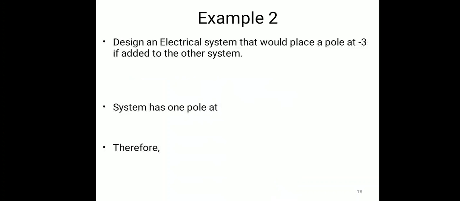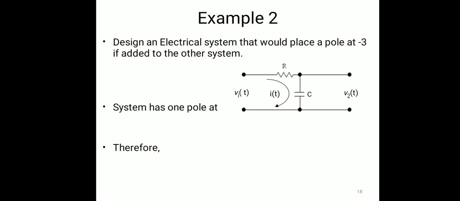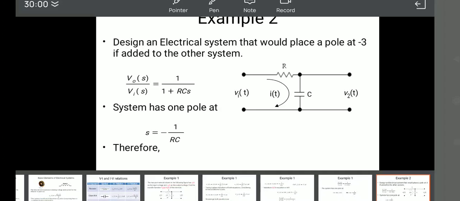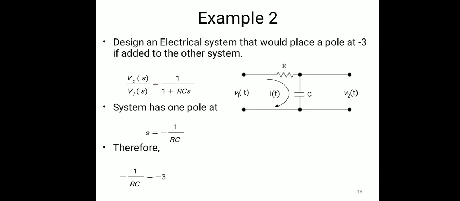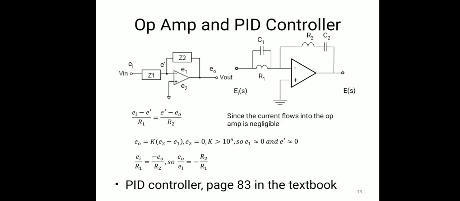Okay, so there is one pole at the origin. Next is an example of an RC network with another system. Again, 1 upon 1 plus S RC is the answer. In this way, we will have various examples with the calculation of the transfer function for various types of circuits.